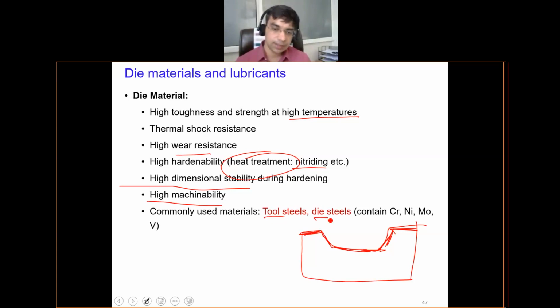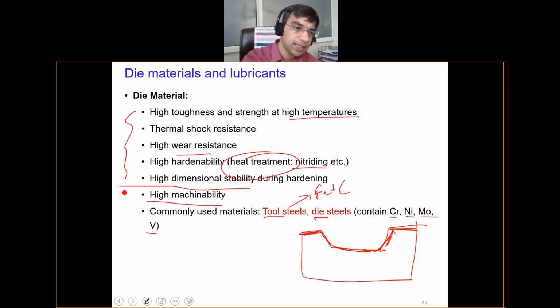So these are steels. This means it is an alloy of iron and carbon. But additionally, beyond carbon, we are adding other elements like chromium, nickel, molybdenum, and vanadium. These additional elements provide properties, as I have discussed, like increasing toughness, strength, wear resistance, shock resistance, and hardenability. So these elements are basically added to get those properties.